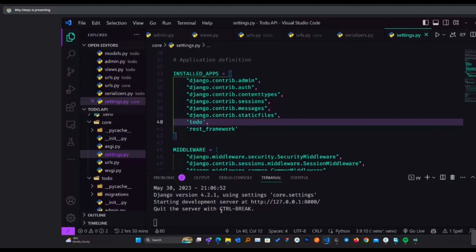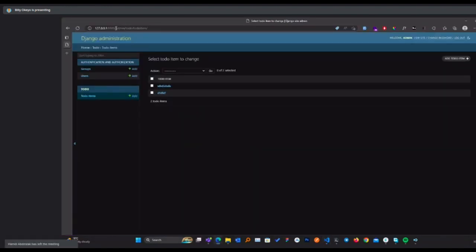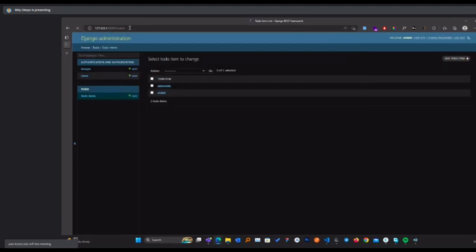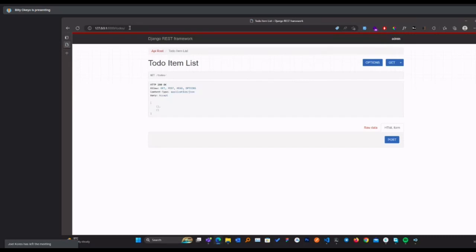Now, having that, I'll come back to my browser again. The root URL is 8000, and then I'll add to-dos. So this is what we have. You can see we have Django REST framework. We'll have to-dos. For now, it shows we have 2 items in our to-do, but for some reason, it's not displaying the exact data that we want in those to-do items.